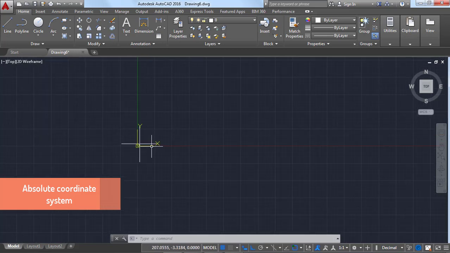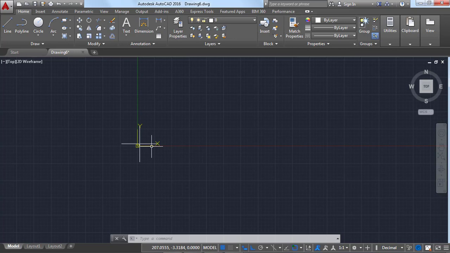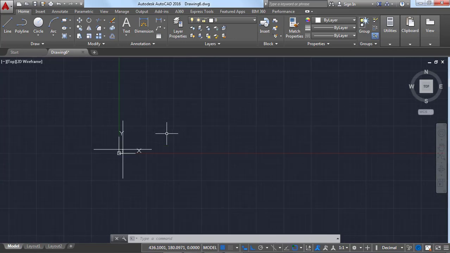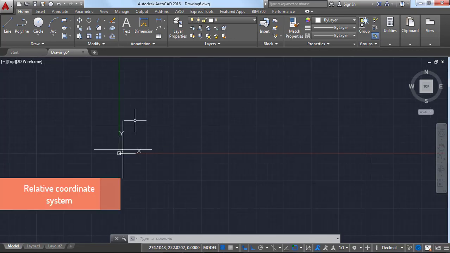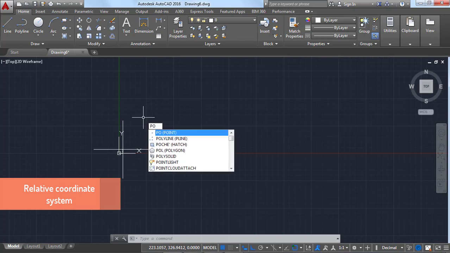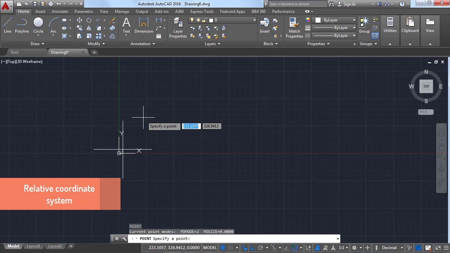Next is the relative coordinate system. In the relative coordinate system the coordinates start from the relative points. Let me show you an example. Again with the help of PO, click on Enter so that we can access the point. It asks us to specify a point.